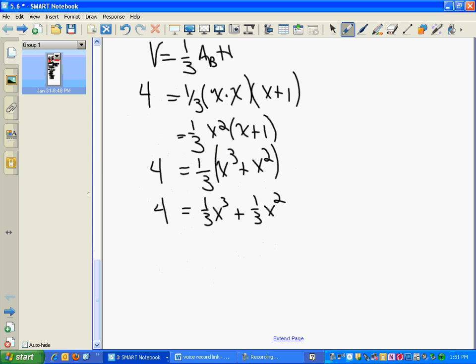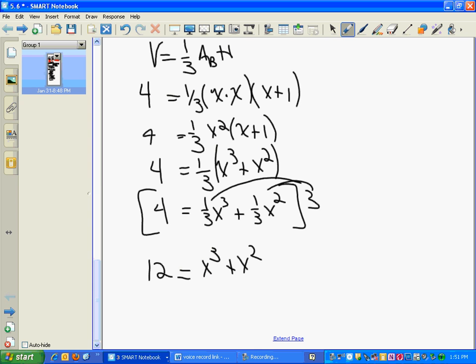Would you agree? Do you like the denominator there? I could multiply everything by 3 to get rid of that common denominator. So 12 is equal to x cubed plus x squared. Because, right, the 3's drop out, don't they? What's 1/3 times 3? So then this is x cubed plus x squared minus 12 equals